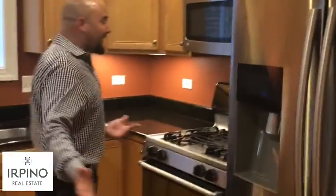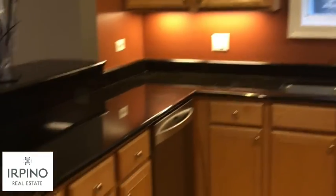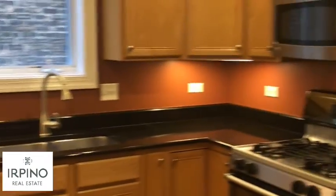There's plenty of countertops and cabinets in our kitchen. We've got upgraded stainless steel appliances, and it is open to your living room and dining room, which is a nice touch. Check out these countertops. And what's also great, guys,